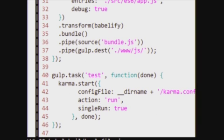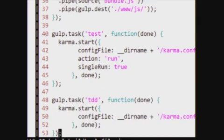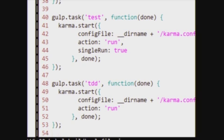That's running it in one-shot mode if you want to do it like in a nightly build or whenever you commit. But if you want to do it every time you hit save, you can run TDD. That's just another example of it. And I don't set up single runs, so it's always continually running whenever a change is made to the files. And then every time I hit save, if the source changes or if the test changes, it reruns Karma. So my unit tests are always being executed every time